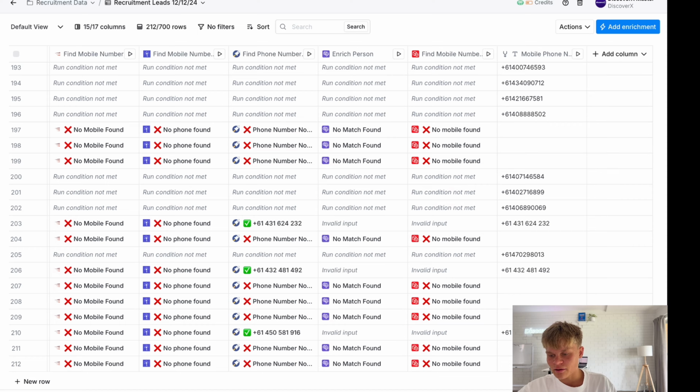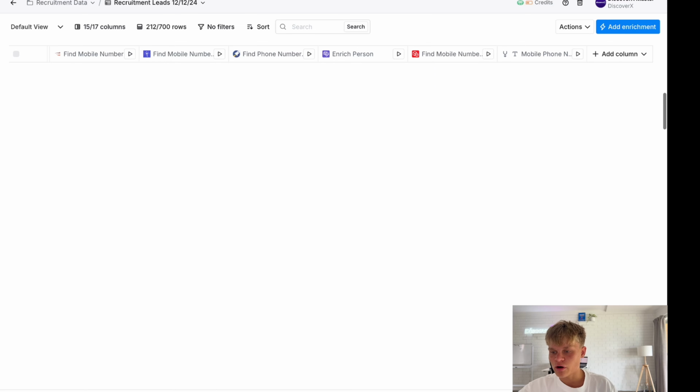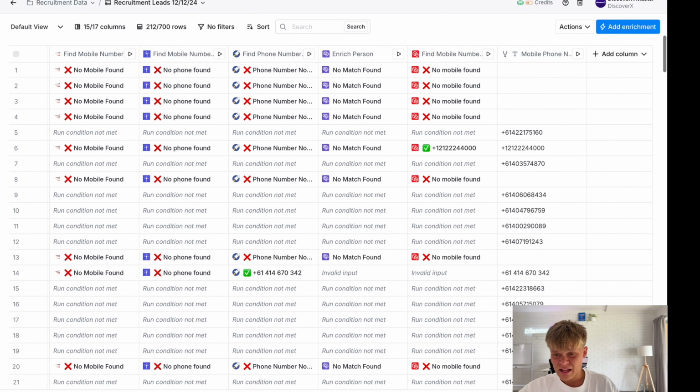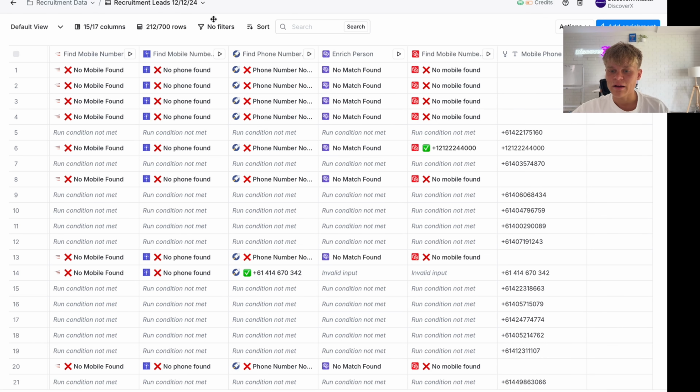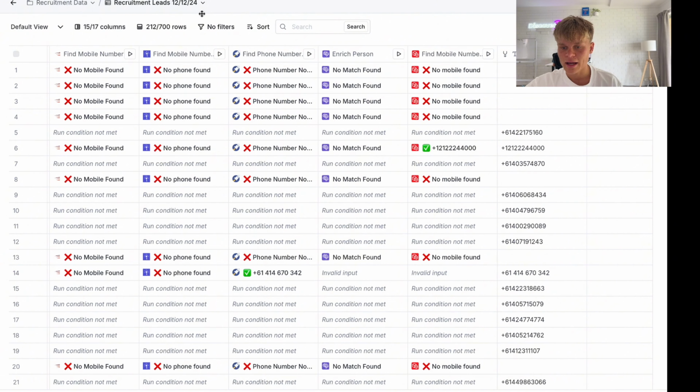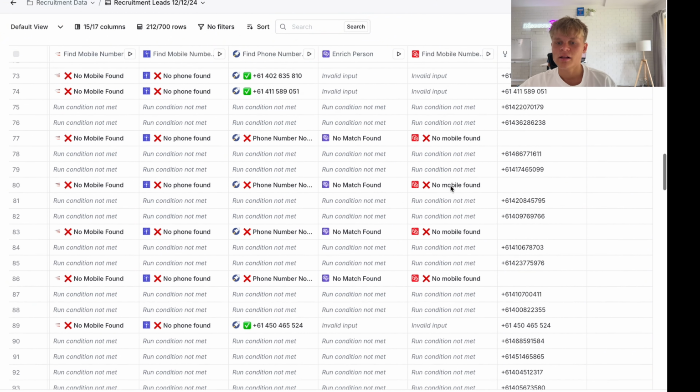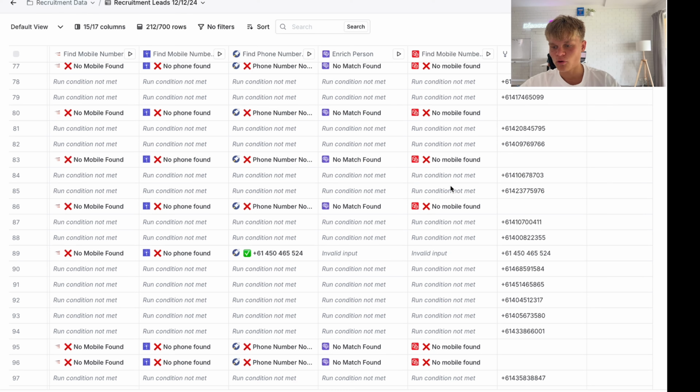Now, as you can see here, we get a nice amount of phone numbers. This is scraped across the internet. The best part about this is you're even getting more phone numbers than other platforms would find, for example, like Lusher, like Apollo. Best part as well, it's a lot cheaper than going through those mainstream platforms, and they all instantly go through